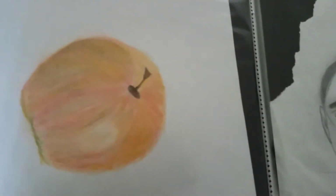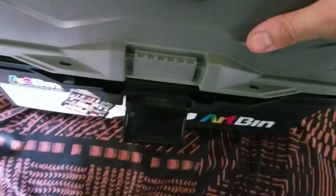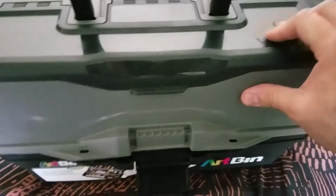So let's take a look at some art supplies. Now, as a Jehovah's Witness, you're discouraged from doing any kind of art stuff, but it's taken me some years, even after leaving the group, to be able to...